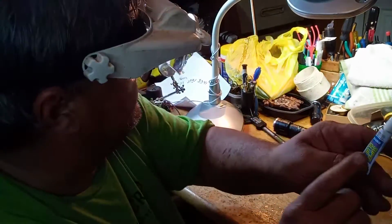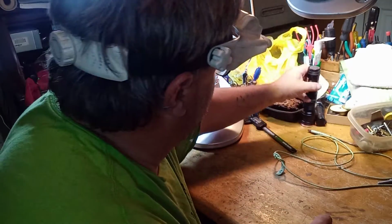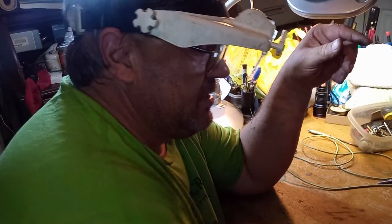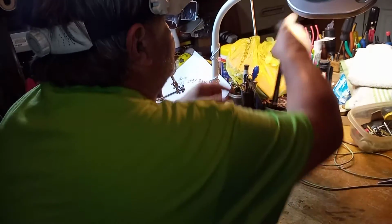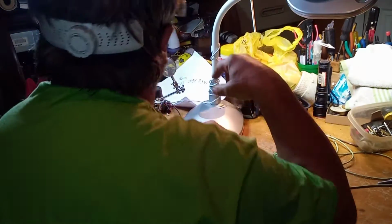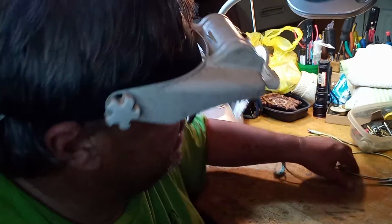I use Duro super glue to make that O-ring, and it worked on my clock, and my clock is still working after all this time. But I don't know what I did with the black O-ring that him and I purchased. And so, anyway, I messaged him saying that